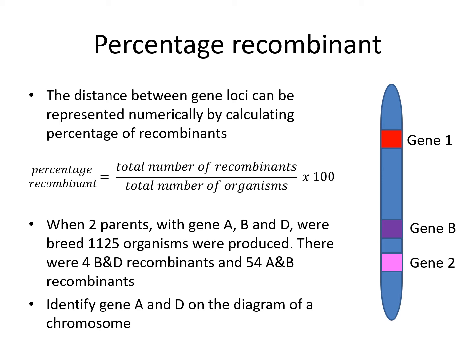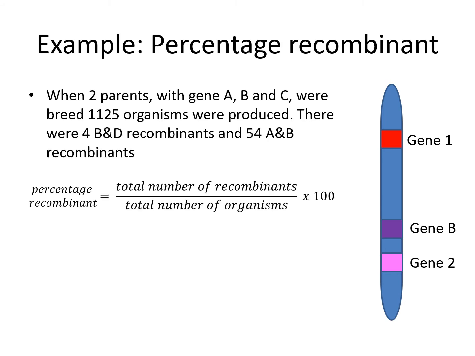But in this particular case, all we have to do is take the total number of recombinants and then divide that by the total number of organisms. If you look at the last 2 bullet points, it gives you an example, and it says you have 1,125 organisms, 4 of one recombinant, 54 of another recombinant, and then we have to identify if gene 1 is A or D, and then obviously gene 2 is the other one of A and D. So when we put our numbers into our calculations, it would be 4 divided by 1125 times 100,